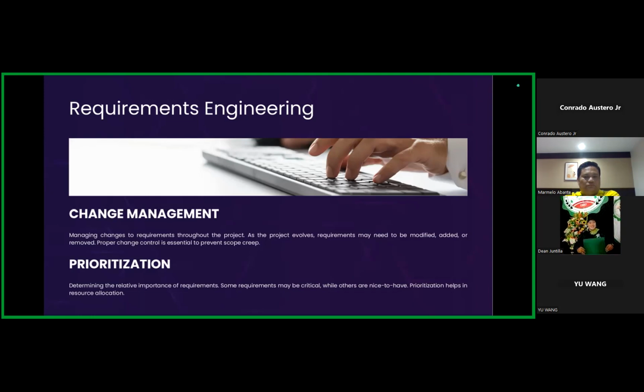My point is the change in requirement, and those are critical. Like I mentioned, the reactions in the Facebook application are not just nice to have. In requirements engineering, prioritization helps in resource allocation.